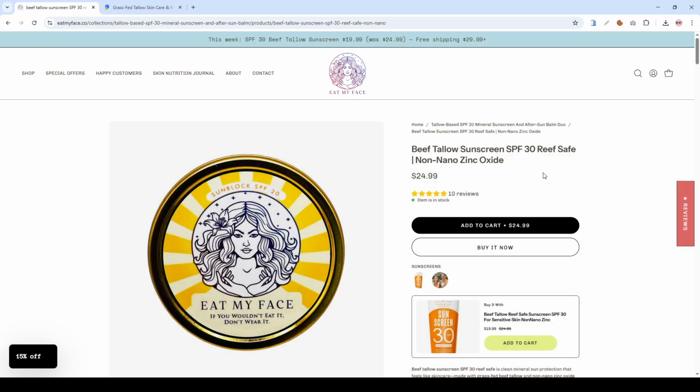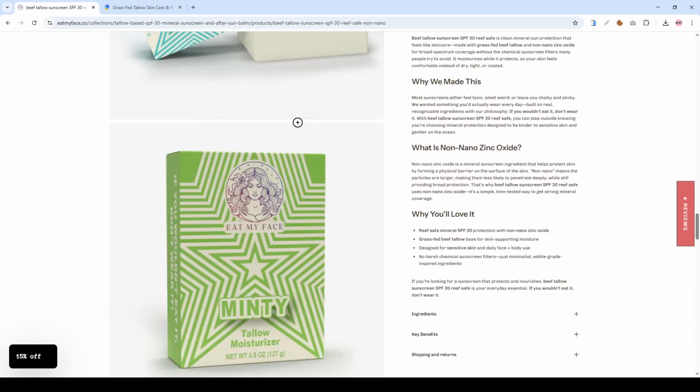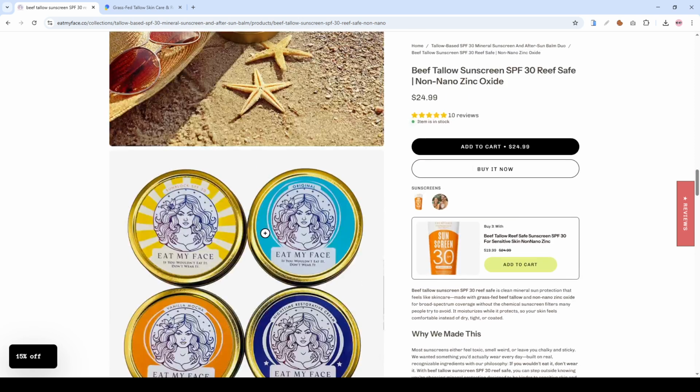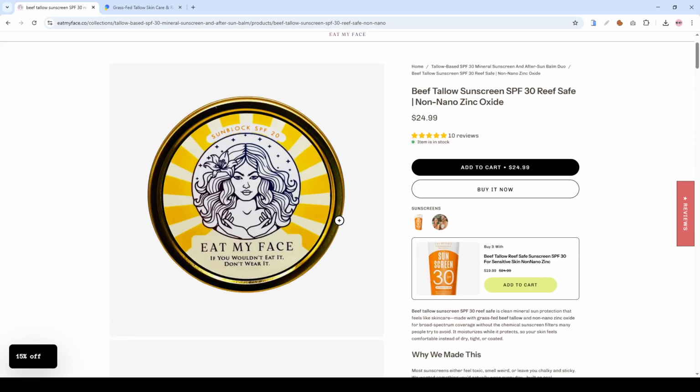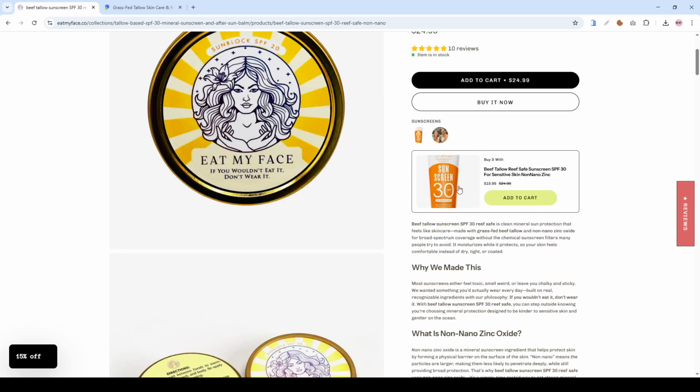So otherwise it can get confusing, especially if we have these additional product images in there that are not related to this product. So this can just get confusing and lead to trust erosion as well. Then we have our product title here. We have the price, we have our star ratings, we have the add to cart button,